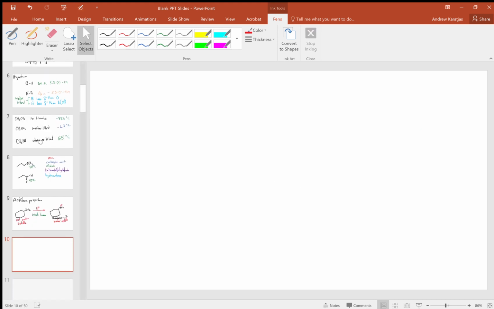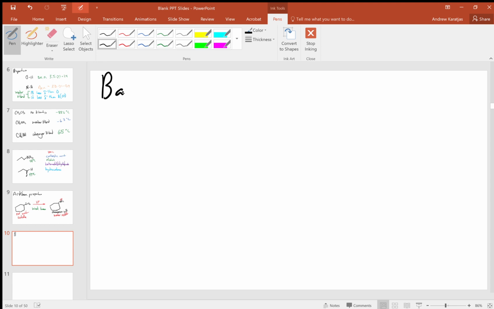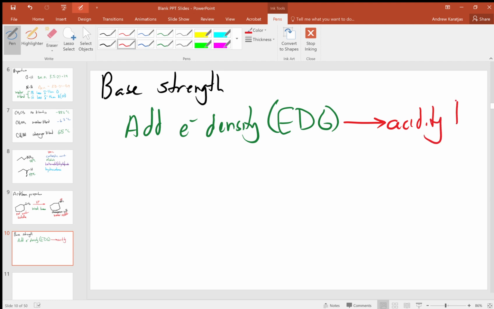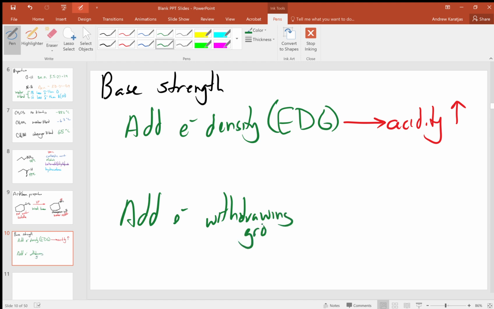So finally, what are the things that affect base strength for amines? Well, for any functional group, if we're talking about base strength, if we add electron density, such as by adding an electron donating group, then basicity will go up. If we add electron withdrawing groups, which will decrease density,